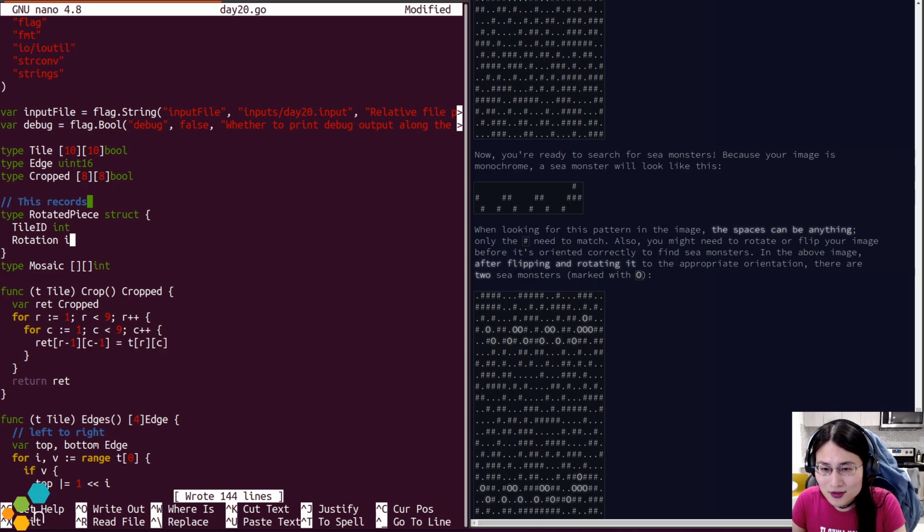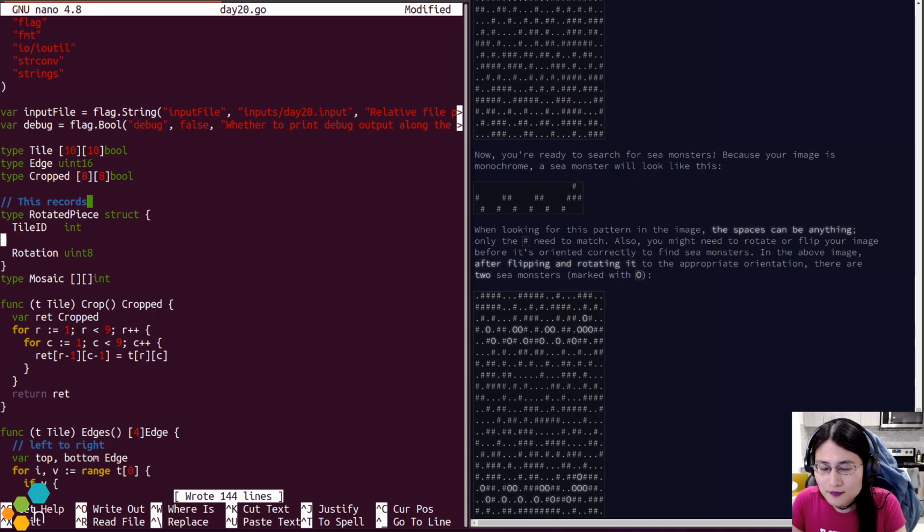Rotation. So it's possible for things to be rotated or flipped. All right.